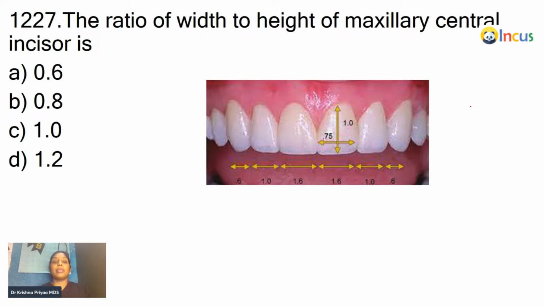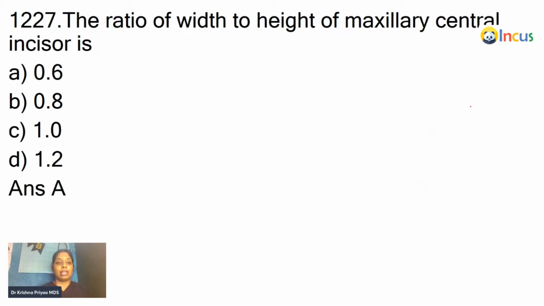Generally, on average, the maxillary central incisor would be 10 mm in height, whereas 6 to 7 mm in width. So when you divide the width by height, you'll get somewhere around 0.6 to 0.8. But always 0.6 is ideal. So we go for the ratio of the width to the height of the maxillary central incisor would be